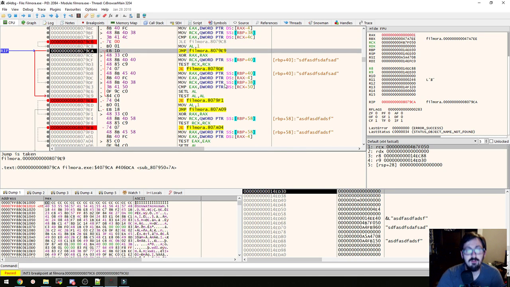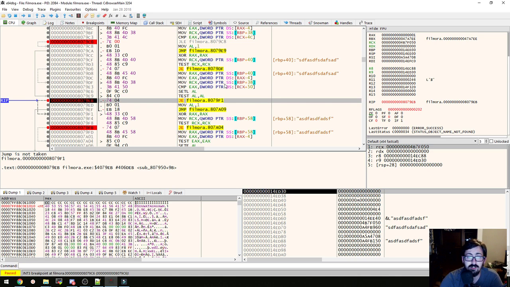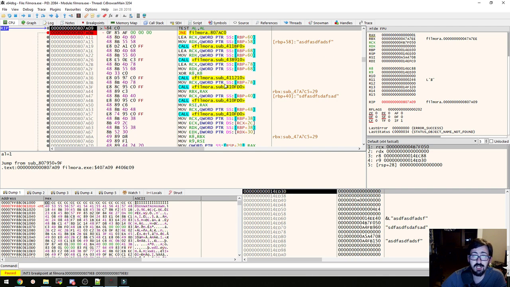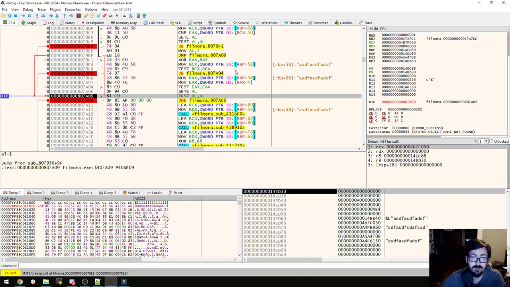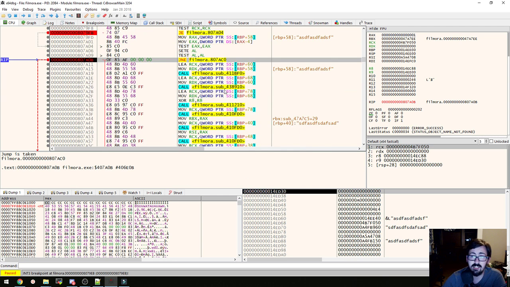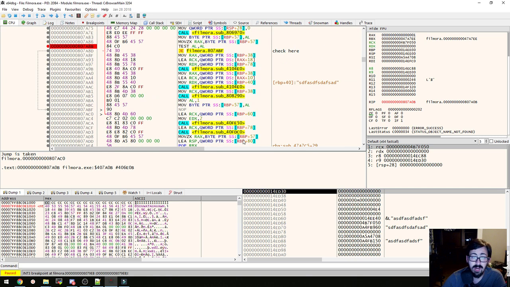We're saying no, move AL1, it's jumping, test AL, and it says, oh, jump, it's not 0, so we're not going to jump. We're going to move AL1 still. We're going to jump down to here, which is right there. Test AL, jump if not equal, which it's not. It's not 0, so we're going to go past all that. And we really need to be here, so